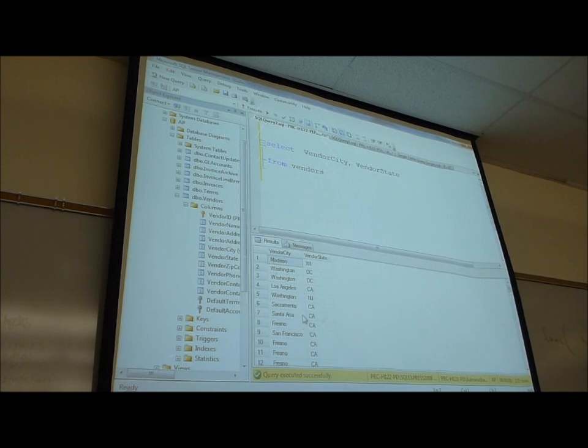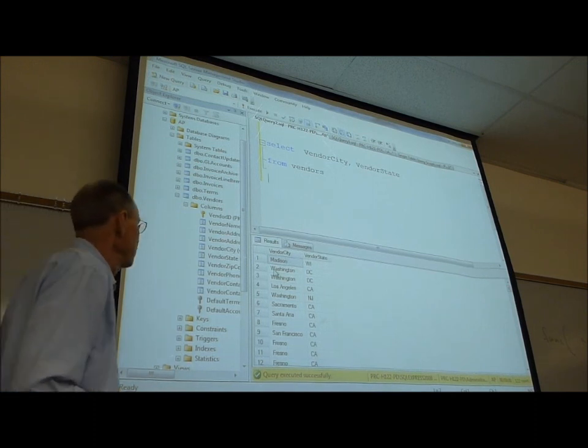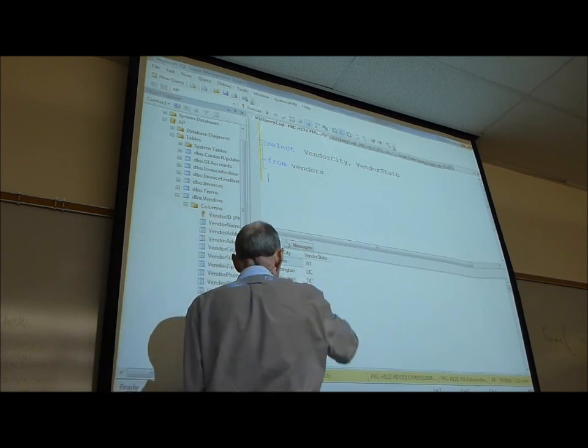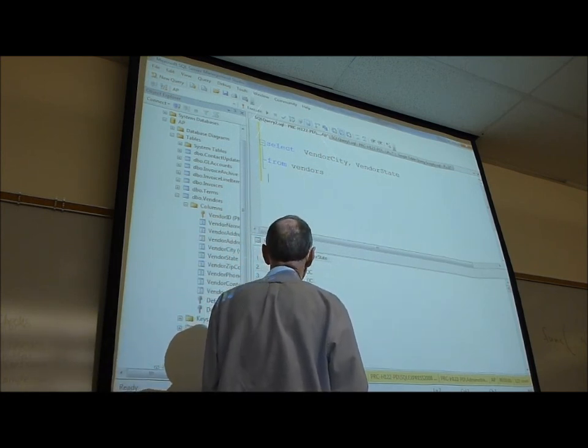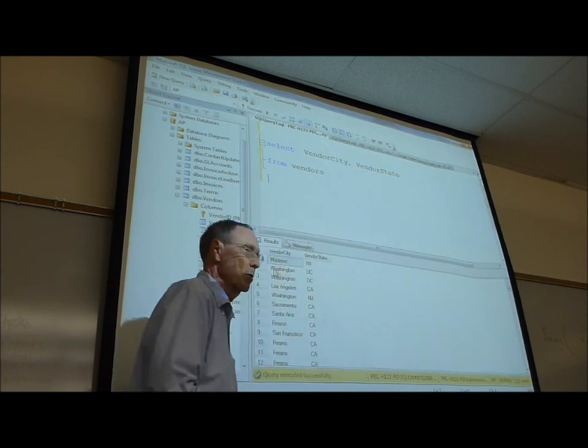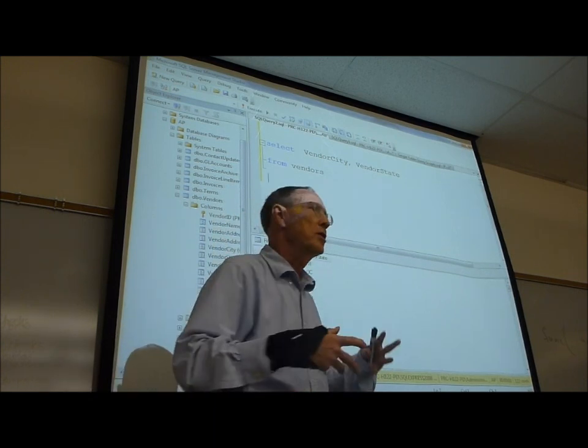And I don't see things in the same order. Now, it turns out they put some of these together, and that had to do with just the way the vendors were listed in there. But when you do a distinct,